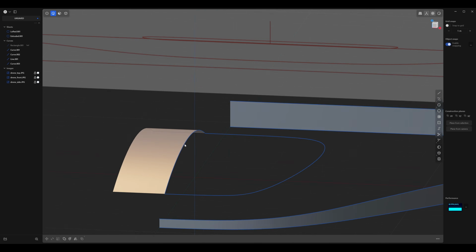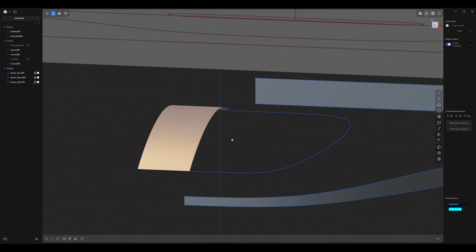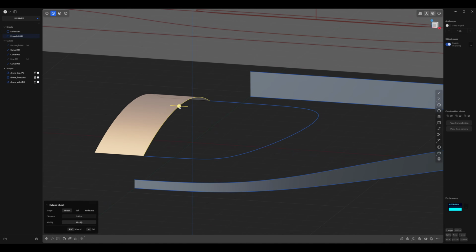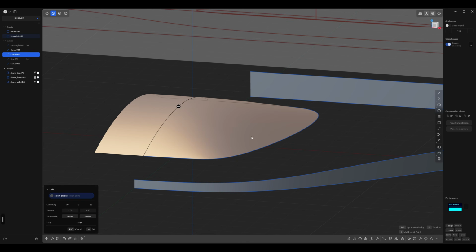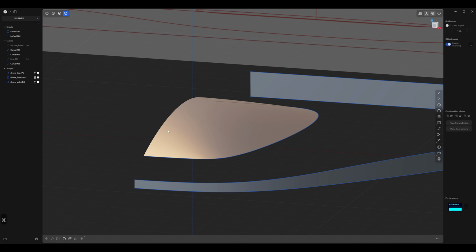So now that we have this guide surface over here, you can go ahead and select this curve and press H to hide it. We can now create a nice canopy surface by selecting the edge of the surface and shift selecting this curve over here and pressing L. So you'll see it says G1, and that's what we want. Press OK. And now you can go ahead and delete this surface on the left that was helping us. So select it and press X.